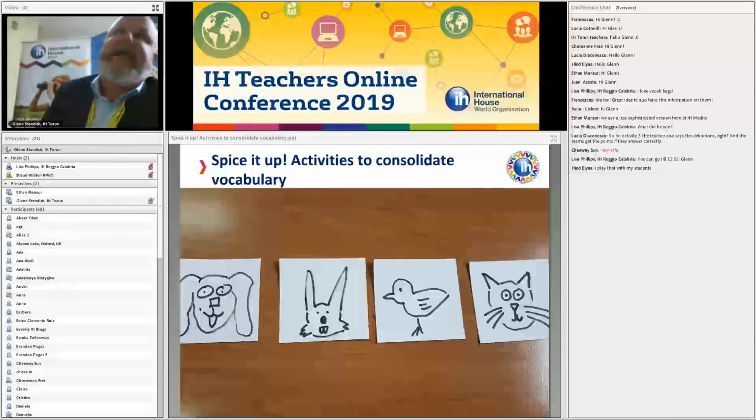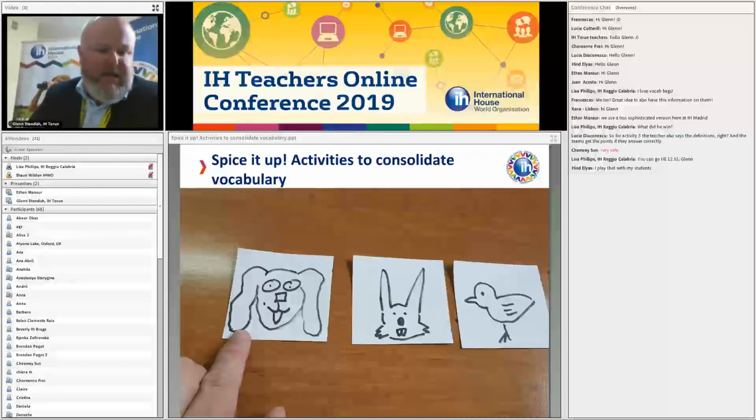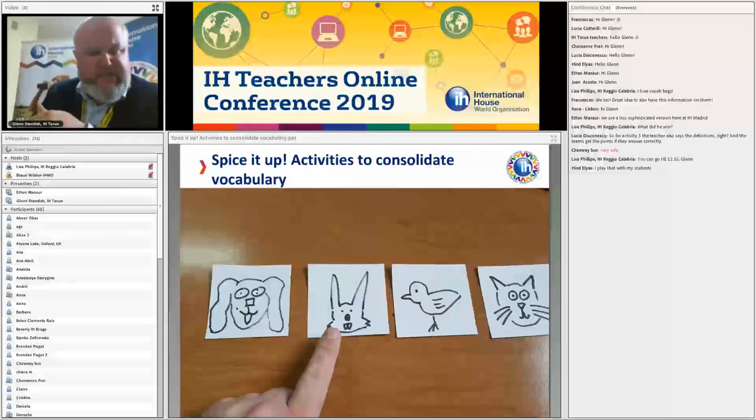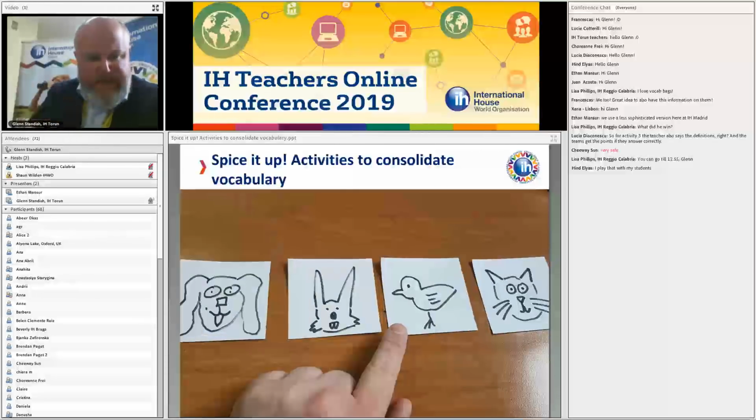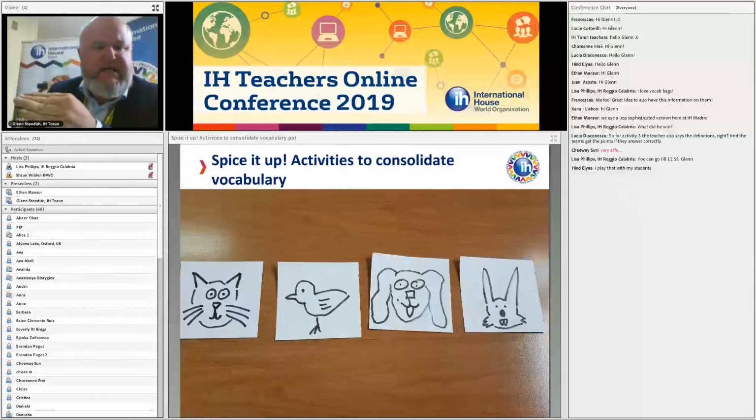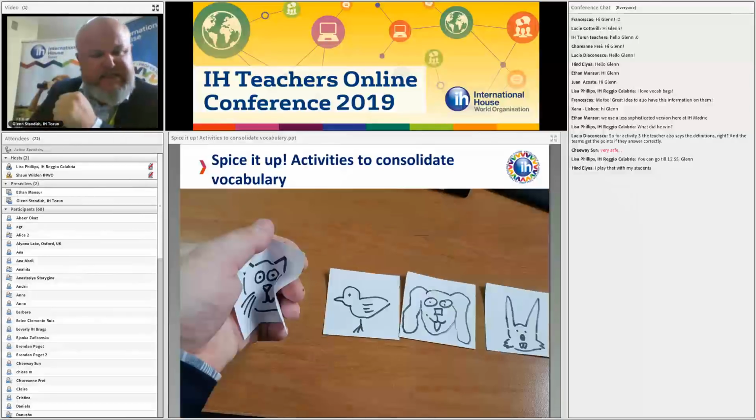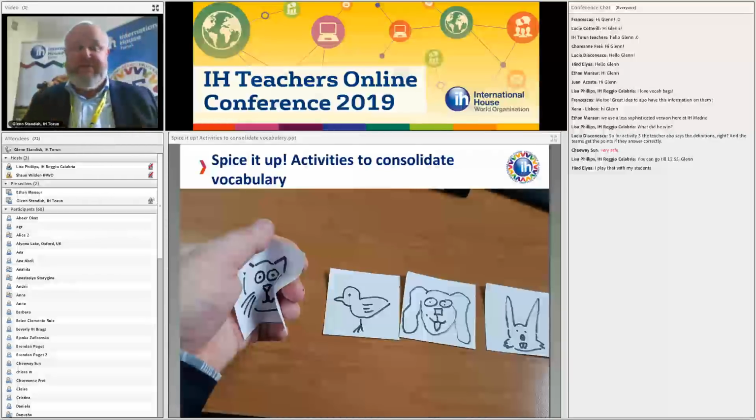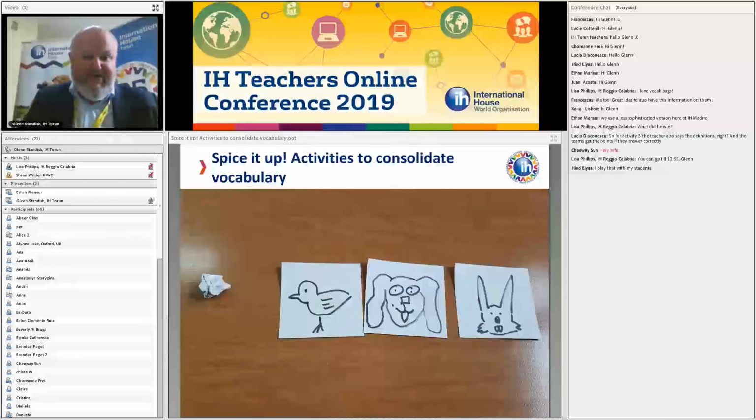So this activity, yes, of course, it is consolidating vocabulary, but it's also very much a drilling exercise as well, okay? So you point, you remind them it's a dog, they repeat, and so forth. Okay, it's a rabbit, it's a bird, it's a cat. Then you mix it around, so it's a cat, it's a bird, it's a dog, it's a rabbit. Okay, then, this is when it becomes snowballs, you basically take the first one, you screw up, you go, oh no, okay, you put it back down,